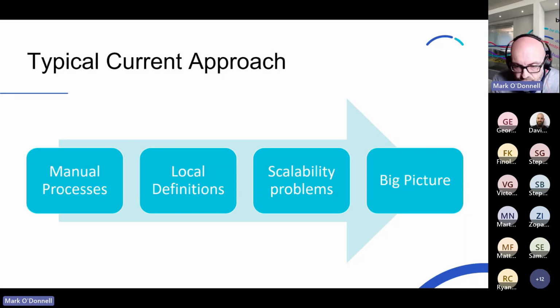It's actually easy and it's cheap to just get somebody to take two lots of data in a spreadsheet and manually put them together. But the real reason behind it, the deeper reason behind it, is that there's no real overview thinking, there's no architecture, and especially data architecture. No one's really thought about that. And ultimately, it means there's no big picture of how systems fit into things like customer journeys or a customer lifecycle.